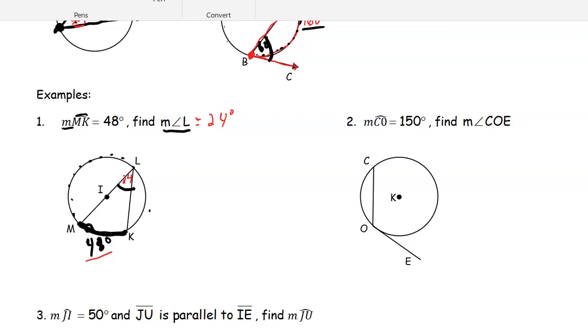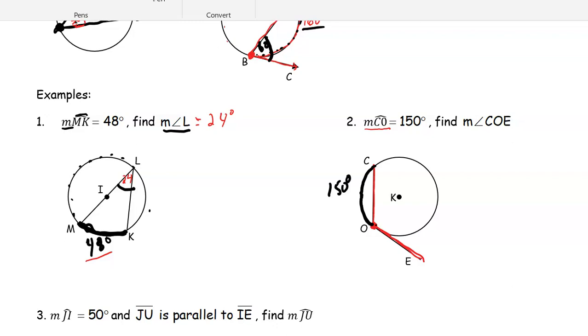Number 2, also an inscribed angle because the angle itself lies on the circle. And then that angle is going from here to here. You are then told that arc CO, so from here to here, is 150 degrees of the full 360. Well, think about what our intercepted arc is. So if you think about this angle,